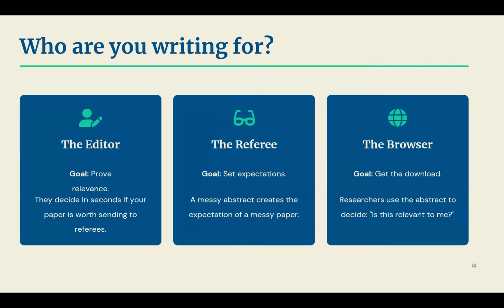So you see, to pass through the editor, you have to prove the relevance. To pass through the referee, you have to set expectations. Do not let your expectations be messy. Do not miss your relevance in your abstract. And the most important thing is, after passing through these 2 gates,